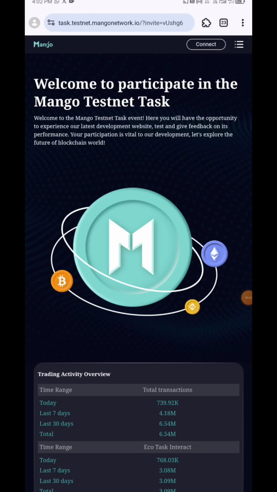So guys, this is Mango testnet, right? The link to this project will be in the video description. Just look down, click on more, you will see the video description, open it and you will see the link